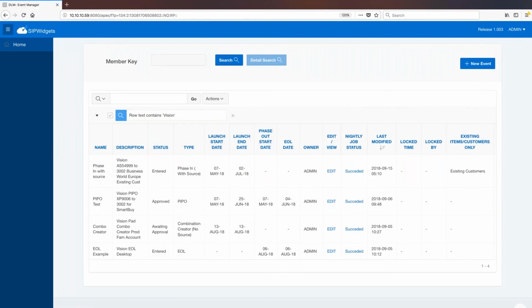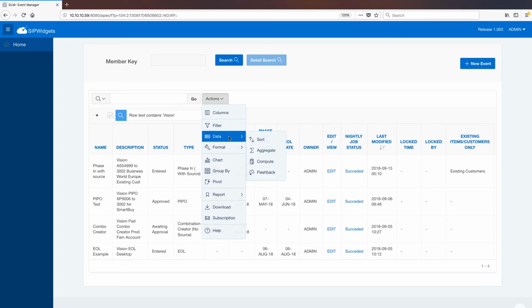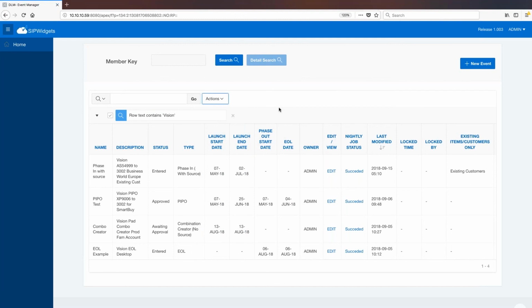The functionality used here is native to Oracle Application Express and has extensive features that can be used to review event lists effectively at the header level. The user can search for events by any keyword, status, owners, or even by item, customer, and branch organization information as well. The user can use this view to create reports for the events that should be viewed, worked, or approved by the collaborating users who may or may not have access to the system directly. So they can download the report and export or email it out to them in various formats like PDF, Excel, etc.